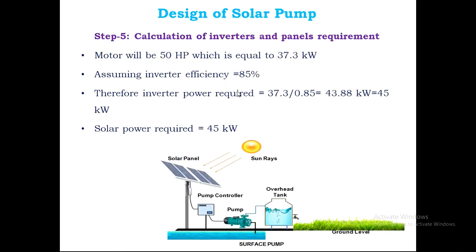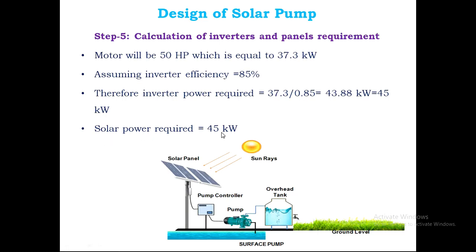Right. Now in the next step, you have to calculate the pump size. Now we know this water needs side, you know the specifications. Now you know pump 50 HP. If you are using an inverter, then you have to size the inverter. If you convert 50 HP into kilowatts, you will get 37.3, and assume the inverter efficiency 85 percentage. You can choose the inverter efficiency 90 or 95 also, that is up to you. Based on the efficiency, the sizing will change. So 37.3 by 0.85 will give 43.88 kilowatt. So you can use up to 44 or 45.